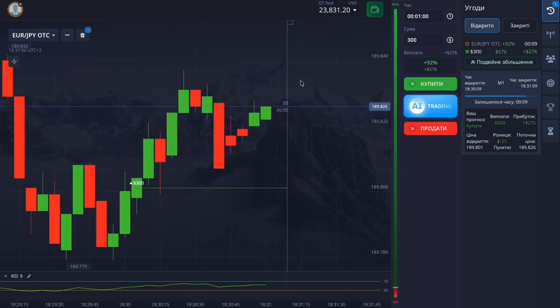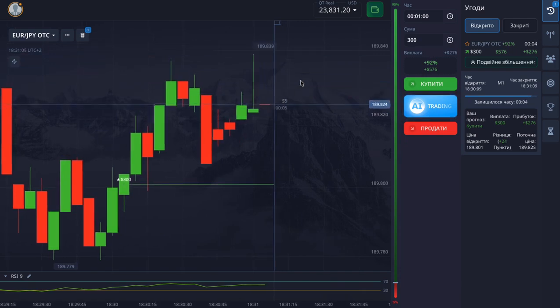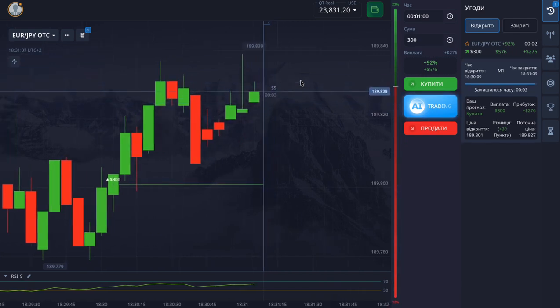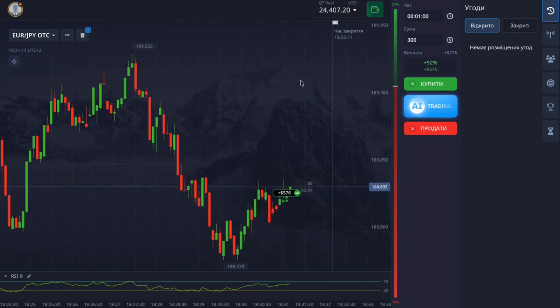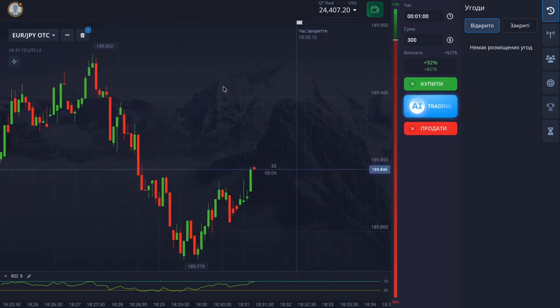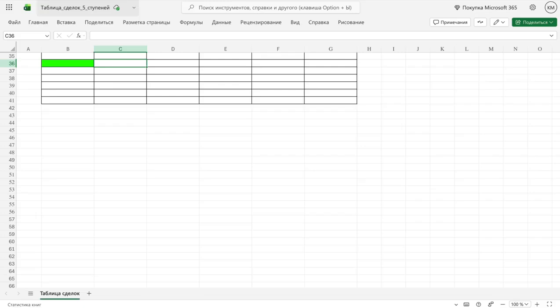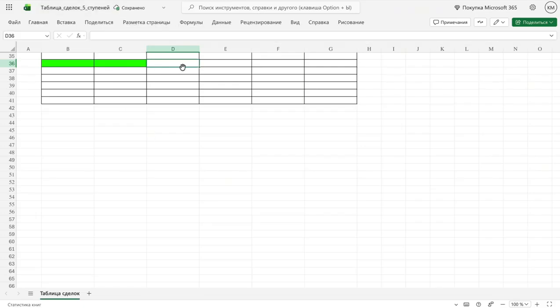And with 7 seconds to go, look, there's a 30-point follow-through. Great, great. I think this is very cool, friends. Look, 3 seconds to go, and the second plus in a row with this indicator. I don't use tables, covering, martingales. I know some. No, I just look at the indicator and earn. I think that's very cool. We're moving to the table, marking that we also have a plus, and we're moving on to the third trade,